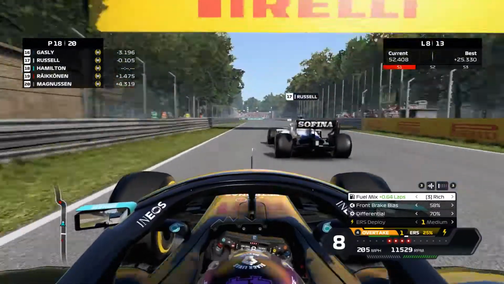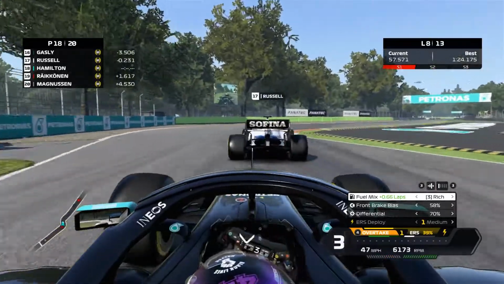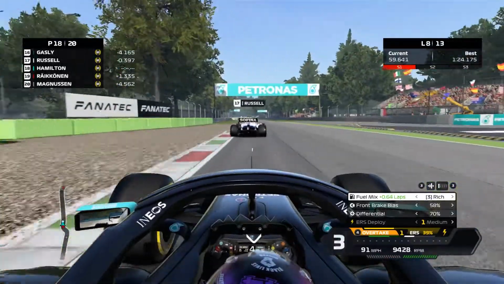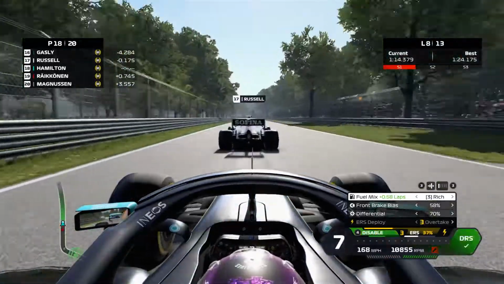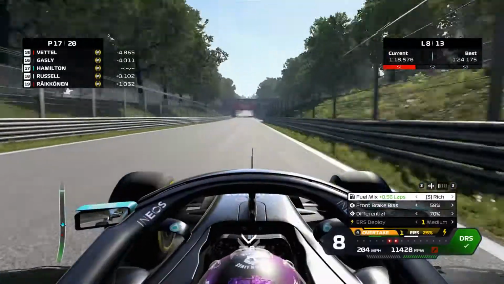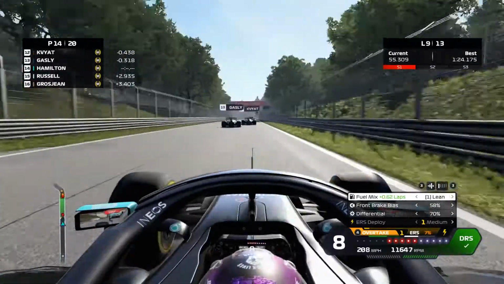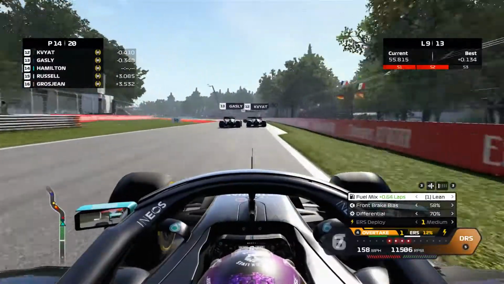First up was Russell, and yeah, I don't know what that was about. I was trying to go down the inside and Russell was just defending it like mad, even though he's in a Williams, but nevertheless I get him on the back straight. Once again down to the Ascari chicane, which was easy, and then moving on to lap 9, just behind Gasly